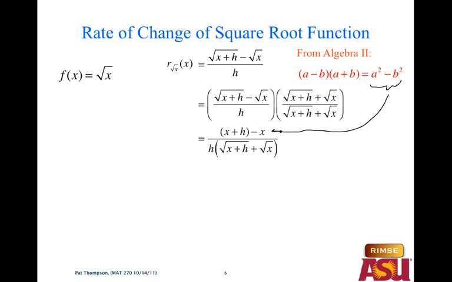That's what the numerator becomes when you do a squared minus b squared. The square root of x plus h, squared, is just x plus h. And the square root of x, squared, is just x. And so the numerator becomes simply h. And that's nice because then h over h is 1, and we got rid of the h in the denominator. So now we have,